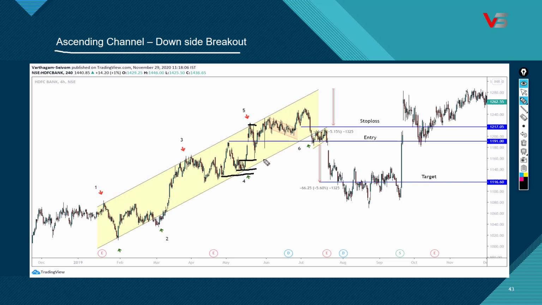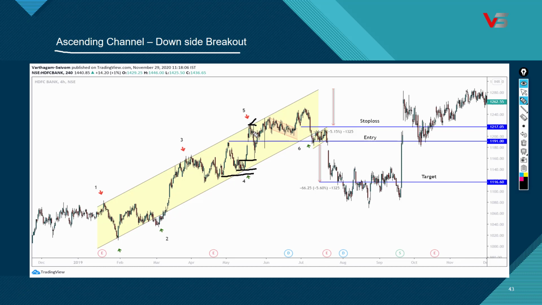In this example I will explain how to place the stop loss and how to fix the target. Actually, the trend line resistance is the target, and based on the candle we have to fix the stop loss. This candle or this candle, this is the strict stop loss. This will be a little bit liberal. Sometimes the price may retest this level. It is better to place the stop loss below at this level. If you place it at this level, there may be a chance to hit the stop loss.